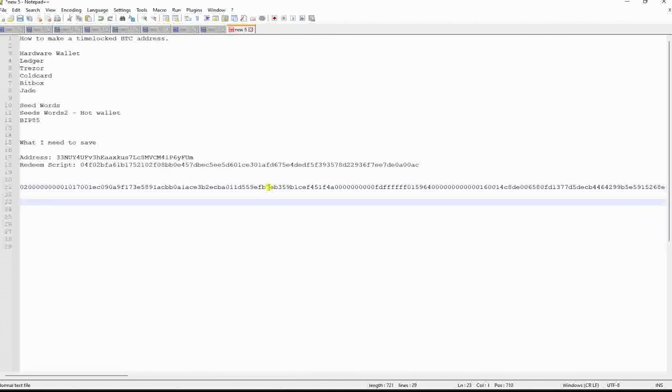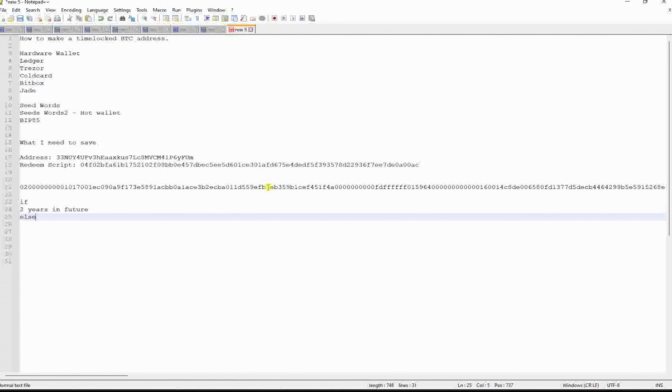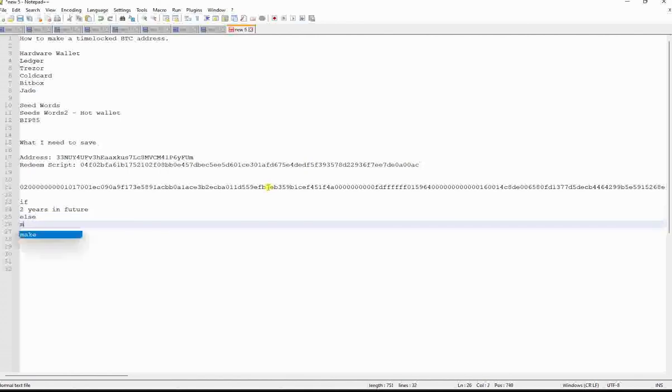Now, there are obviously more advanced methods, which I kind of prefer, where you can do a multi-sig, because you may ask yourself, well, shoot, what if there's an emergency? What if I need to get to my funds before 2 years from now? You could do basically an if-else. You can say, you know what, if it's at least 2 years in the future, I can spend it. Else,